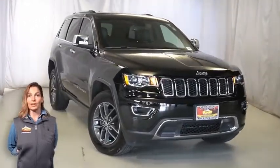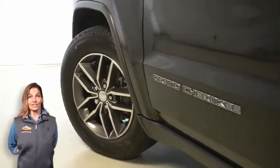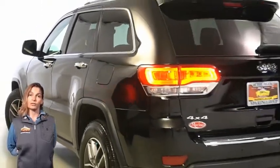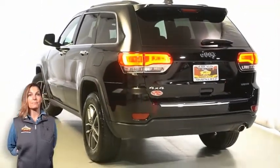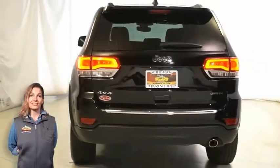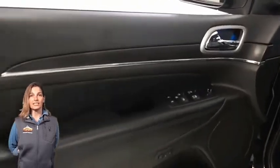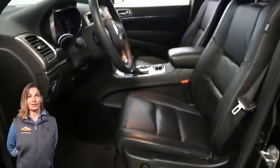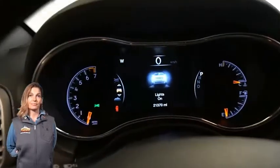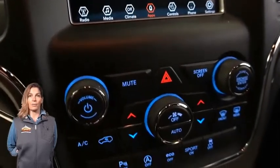With halogen quad headlamps, premium fog lamps, 18-inch gray aluminum wheels, power heated multi-function mirrors with manual fold-away, LED tail lamps, heated front seats, heated steering wheel, 7-inch LCD instrument cluster with tachometer, Uconnect 4 with 7-inch display, Park View rear backup camera, dual zone automatic temperature control,